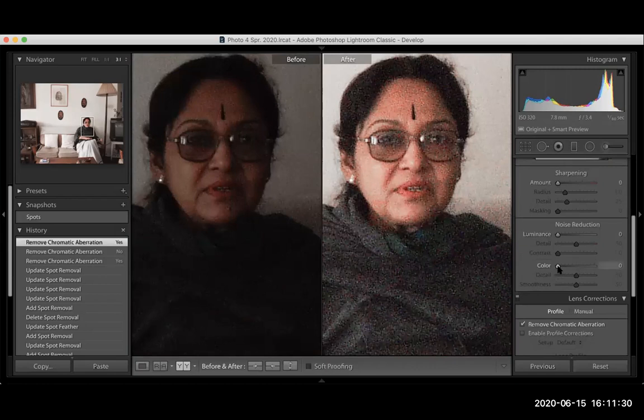So if you look down here under noise reduction, the second one is color, and you're going to pull the slider just until those blobs of color disappear. So if you watch, I don't have to move it too much before the greens and oranges disappear, and I'm going to stop there. And then I'm going to go to luminance,